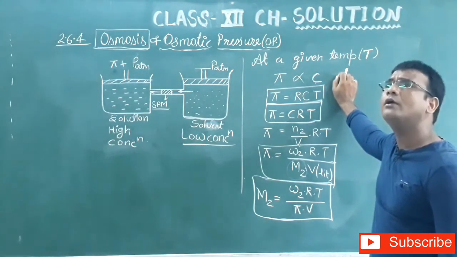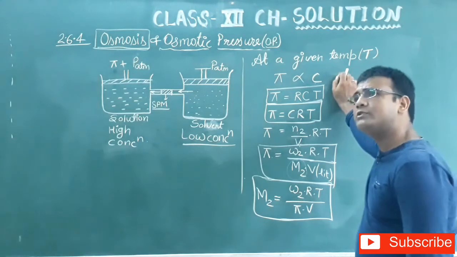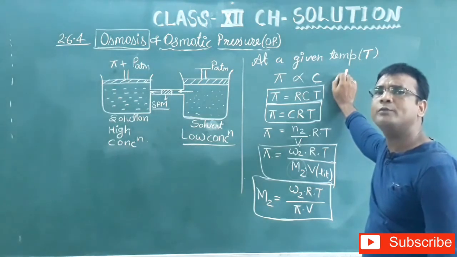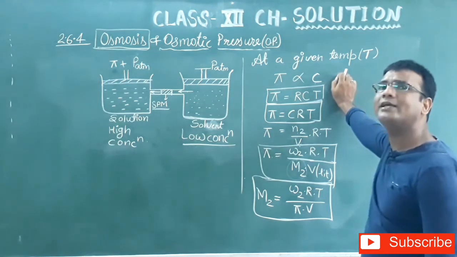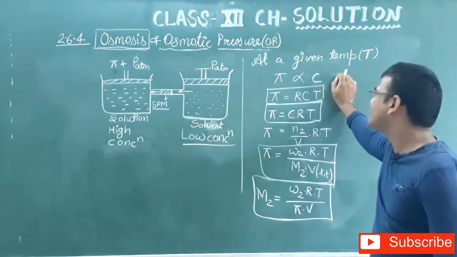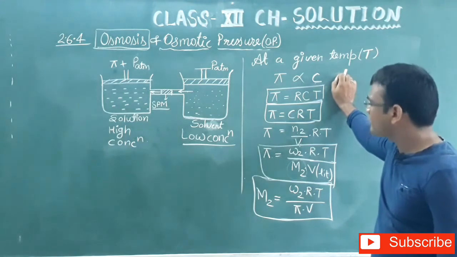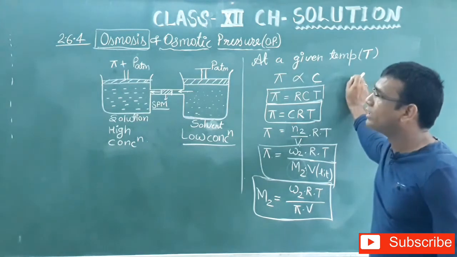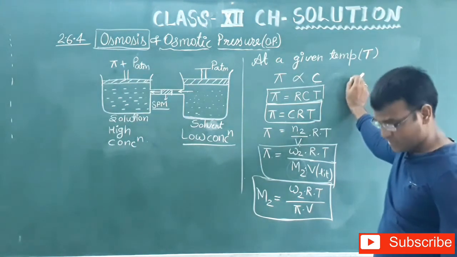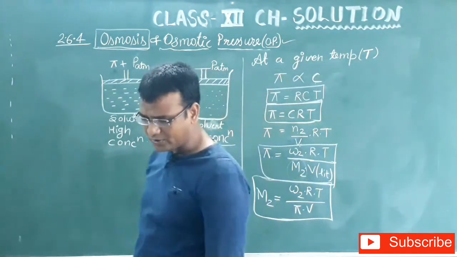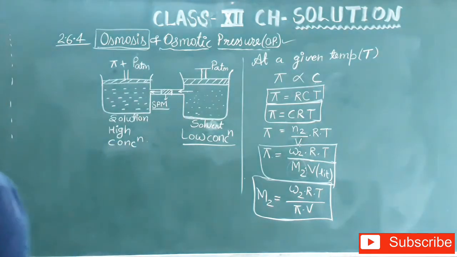What is a macromolecule? In our syllabus there is one chapter, biomolecules, and we will be discussing this in that chapter also. A macromolecule means a molecule whose molar mass is more than 10,000 u, where u is unified mass. The molar mass of macromolecules like proteins and enzymes is calculated with the help of this colligative property, and its name is osmotic pressure. So we should remember the application of this colligative property also.